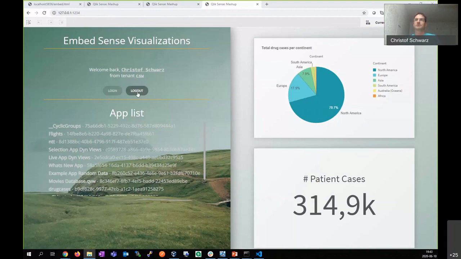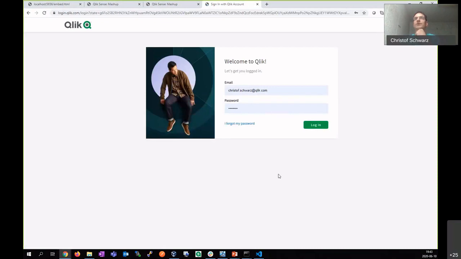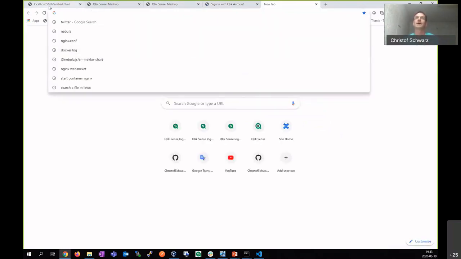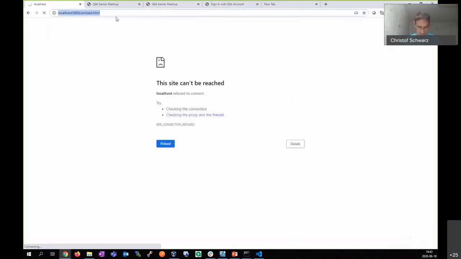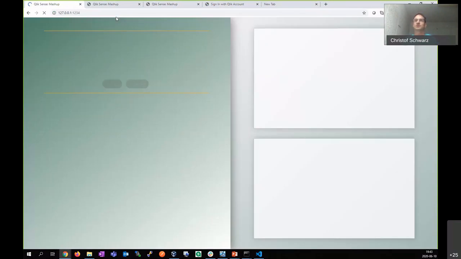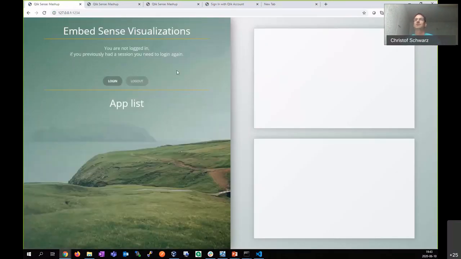So if for some reason, and this is what I'm currently also working on to find an answer for this, this session is stopped or you have not logged in before, actually the website or none of the websites will work, because it will just tell you to log in first, and you get back an error message here. So there is currently no official way to have a single sign-on passed through,